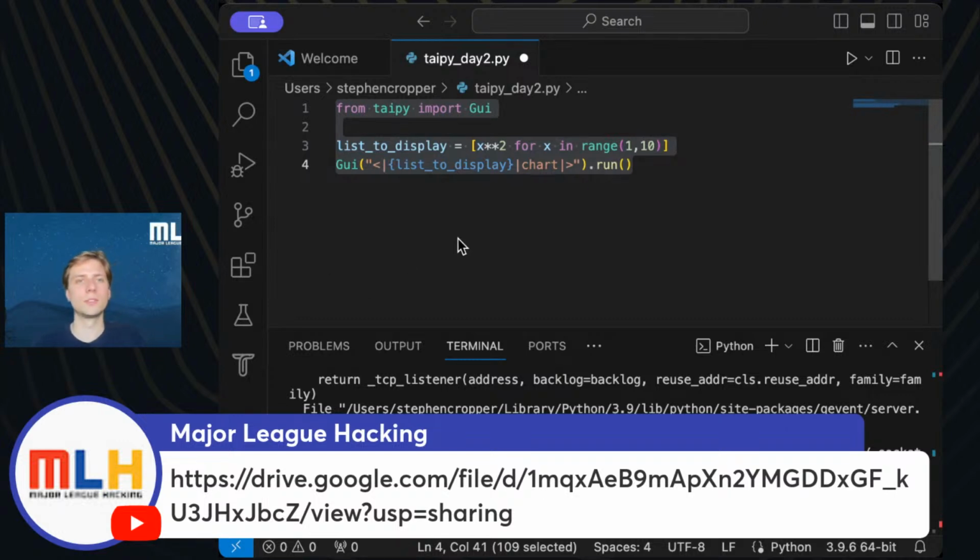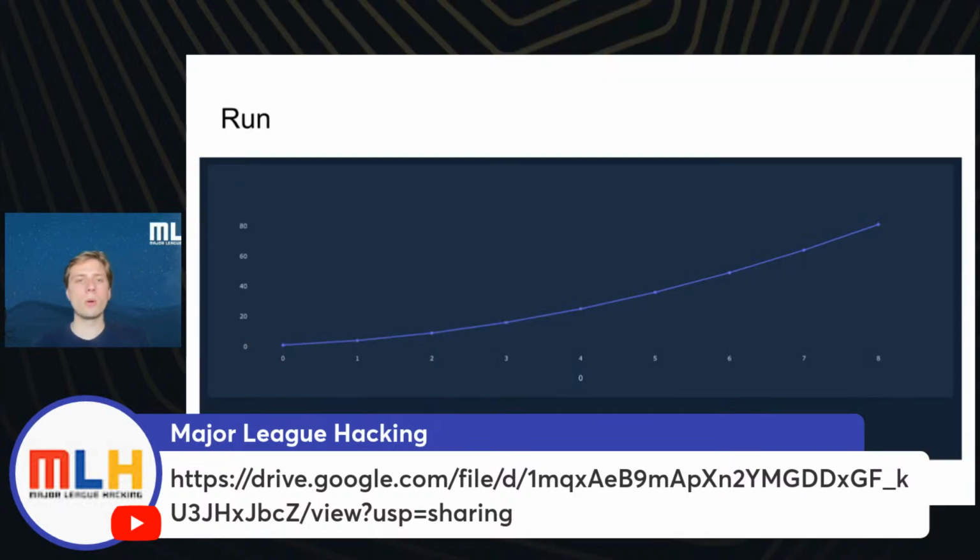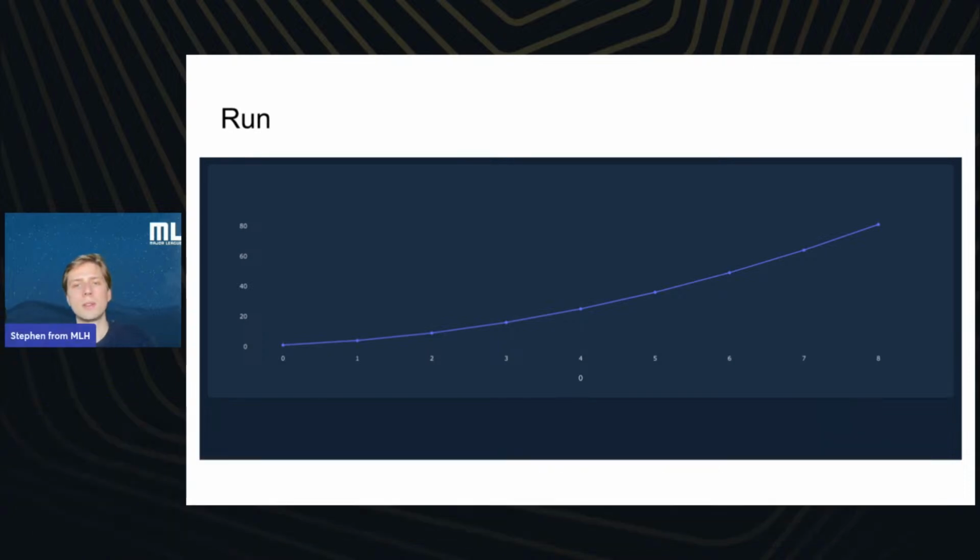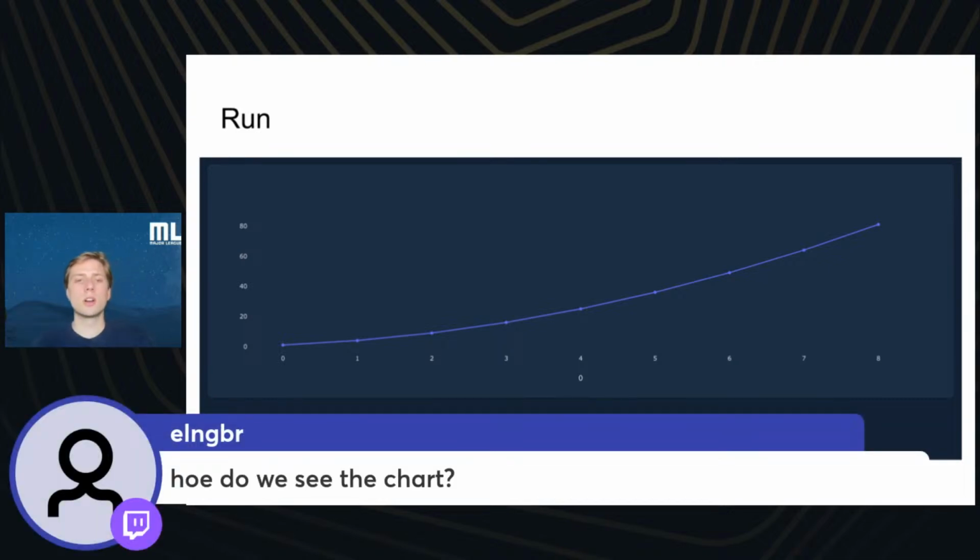All right, so we'll go back to our chart that we built, and you can see it's super involved already, and has these graphical elements, and all we had to do was write about 2 lines of code. And so that's showing us sort of what it's like to use a framework, a web development framework such as this Taipy. And how do we see the chart is the question.